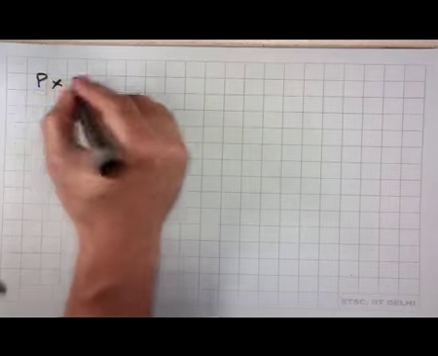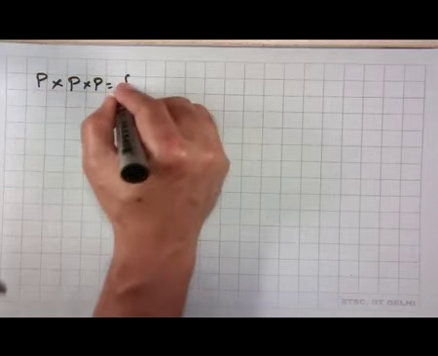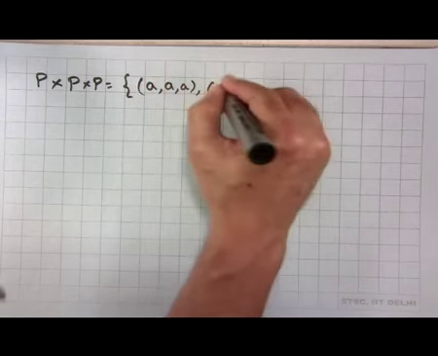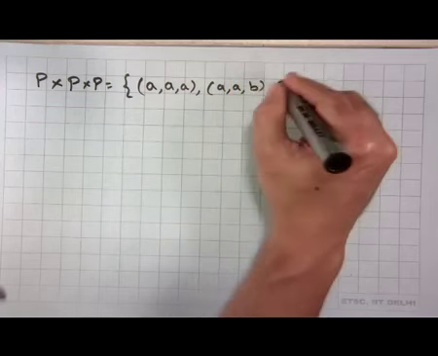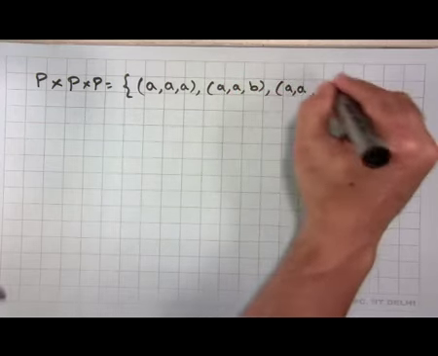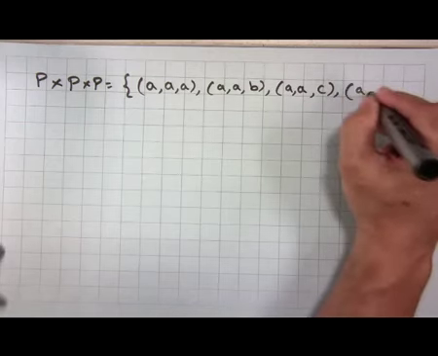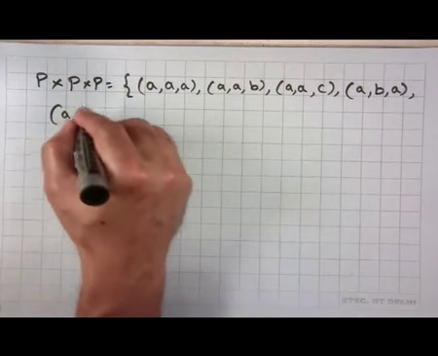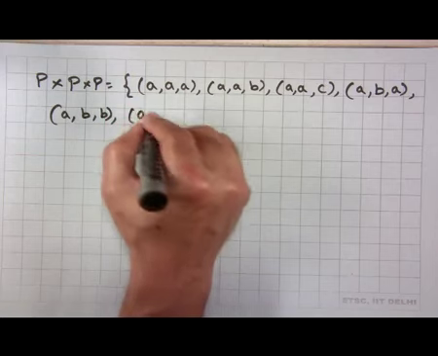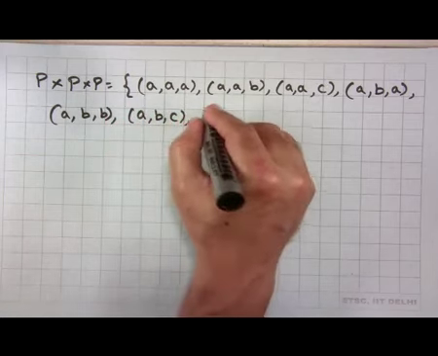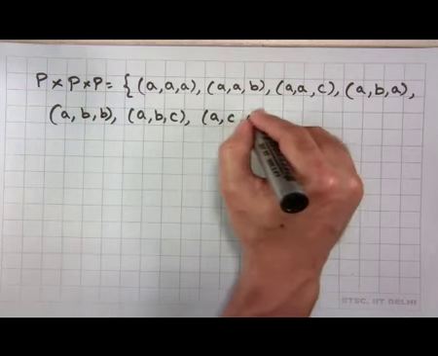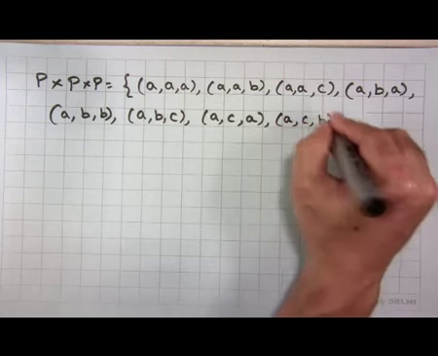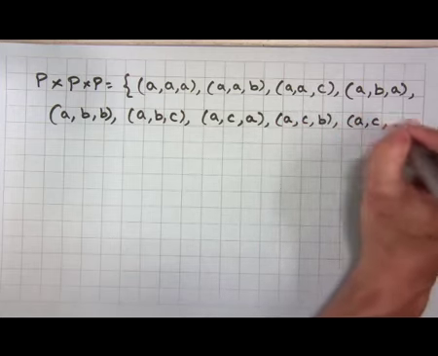P cross P cross P equal to AAA, AAB, AAC, ABA, ABB, ABC, ACA, ACB, ACC,